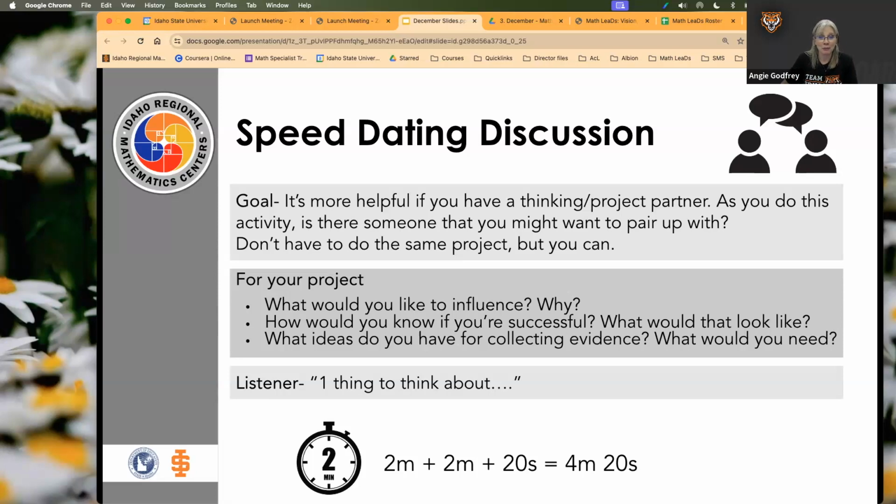Okay, here we go. I'm going to create your breakout rooms, as soon as I can find them. Let's do this. Okay, 2 per room. If you get a math specialist in your group, then consider it a bonus and you get an extra couple of minutes, because they don't have a project. Here you go. Open all rooms, ready, set, go, setting the timer.